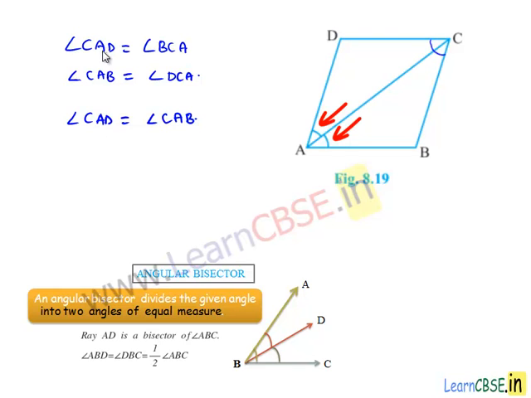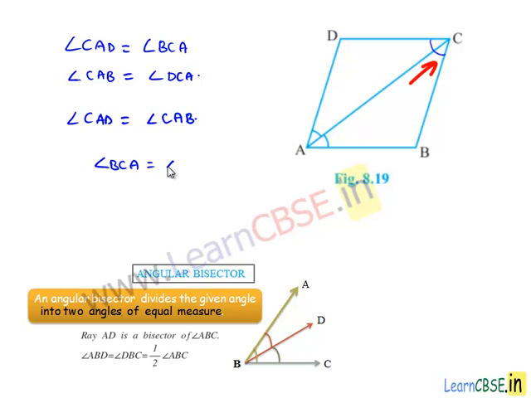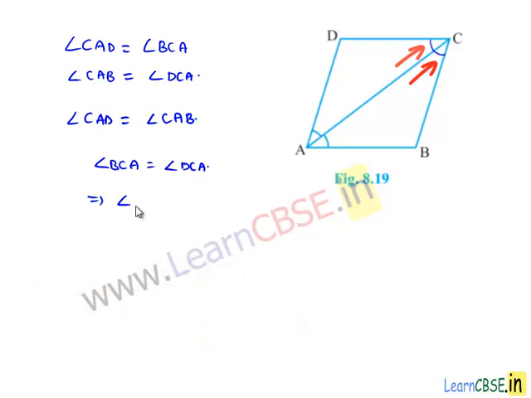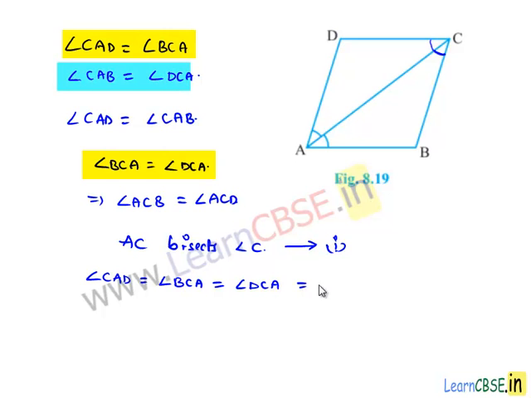So as we know that CAD is equal to CAB, we can equate angle BCA is equal to angle DCA, which can be written as angle ACB is equal to angle ACD. So here angle C is divided equally by AC. So we can say that AC bisects angle C. This is what our first proof required. And secondly, we came to know that as angle ACB is equal to ACD and angle CAD is equal to CAB, we can equate angle CAD is equal to angle BCA is equal to angle DCA is equal to